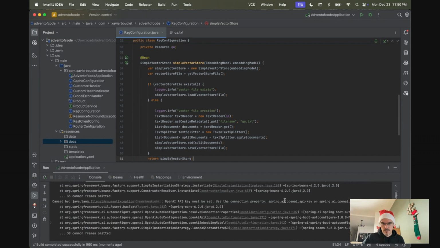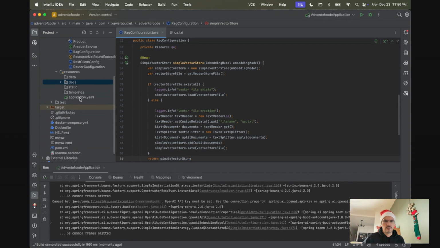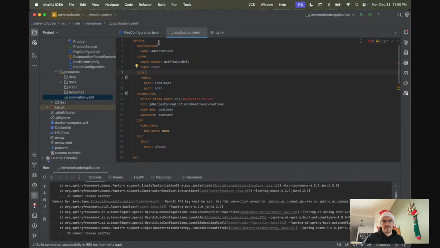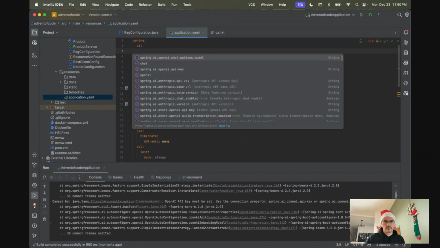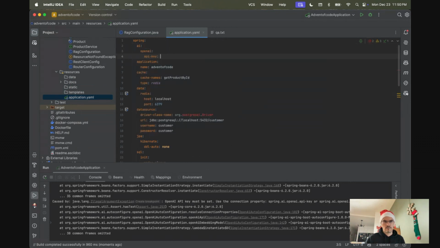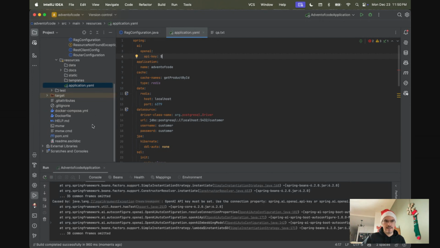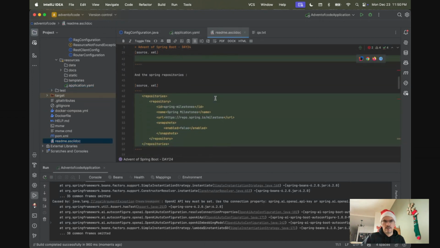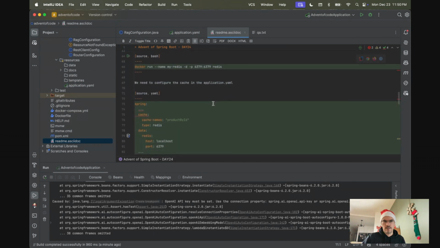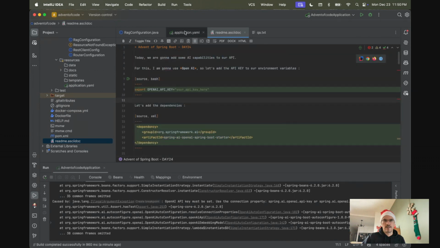Must be set to use property. Oh yeah, of course. Like I said, I need to add that to our data. Did I add it? No. So